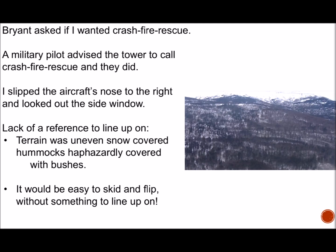Okay, I slipped the aircraft's nose to the right, looked out the side window, and I immediately thought, hey, there's a lack of reference to line up on. This terrain is uneven, it's snow covered, hummocks haphazardly covered with bushes. That picture there on this slide here